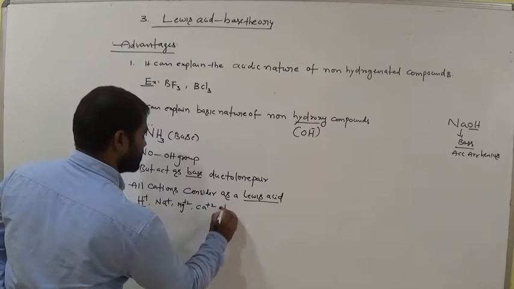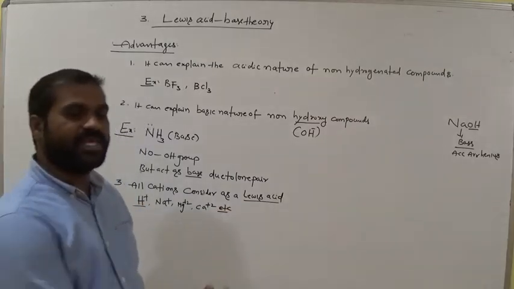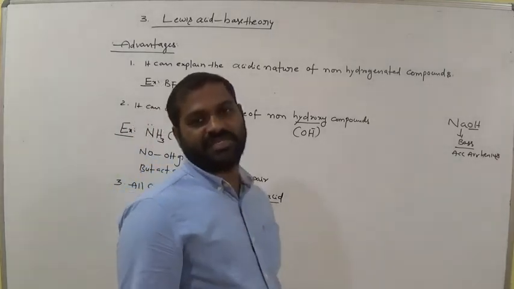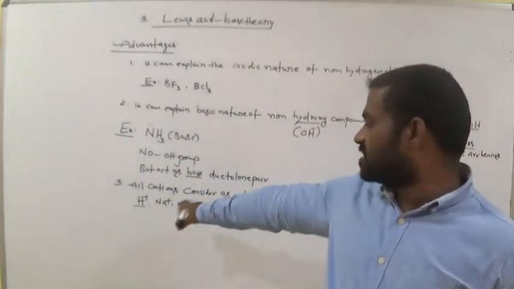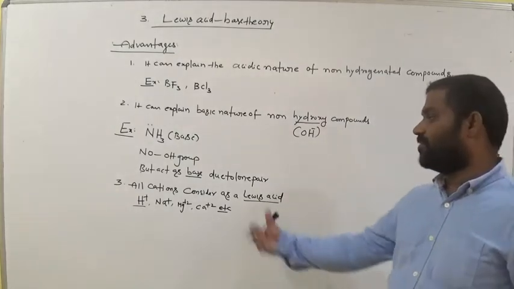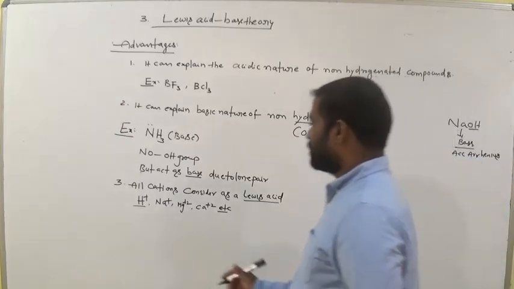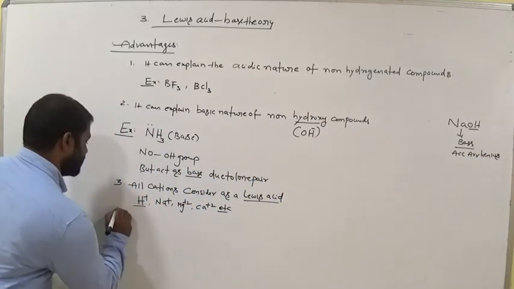These are all cations. Cations means the ions which possess positive charges. If we offer the electrons, they are able to accept the electrons. Why? Because they are electron deficient species; plus means electrons are not available in the compound. Is it clear? And the fourth point is all anions are considered as